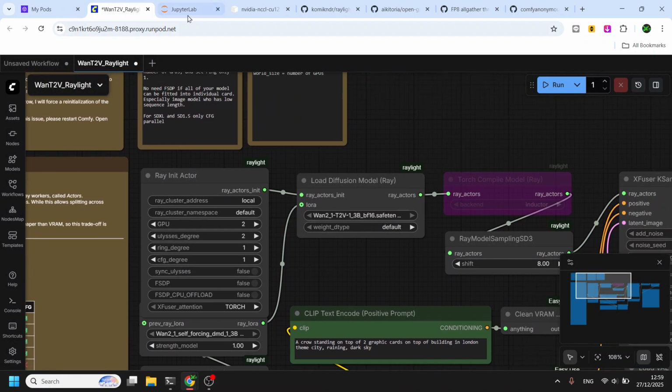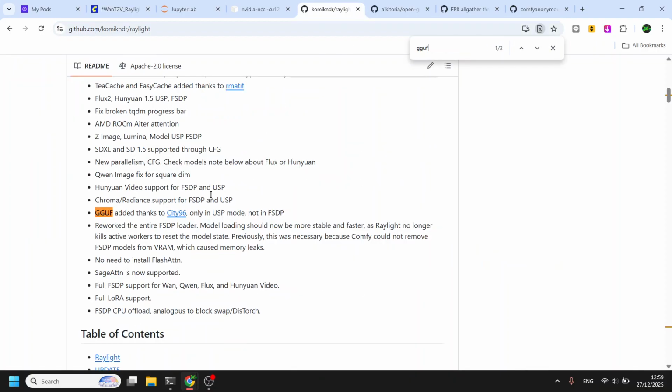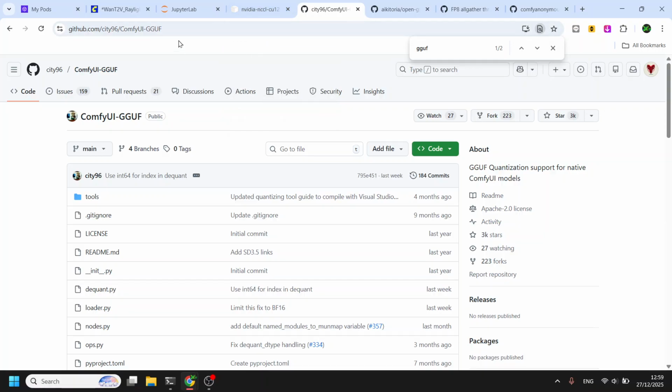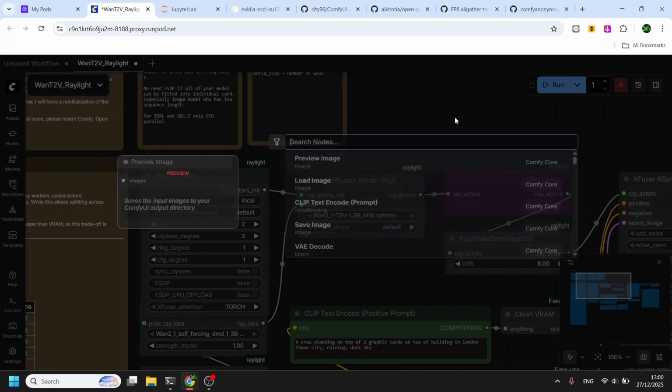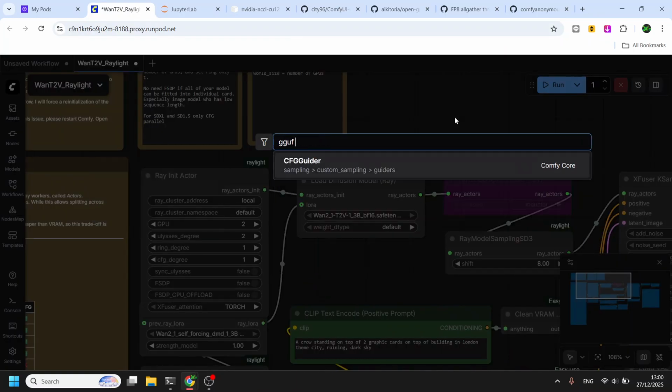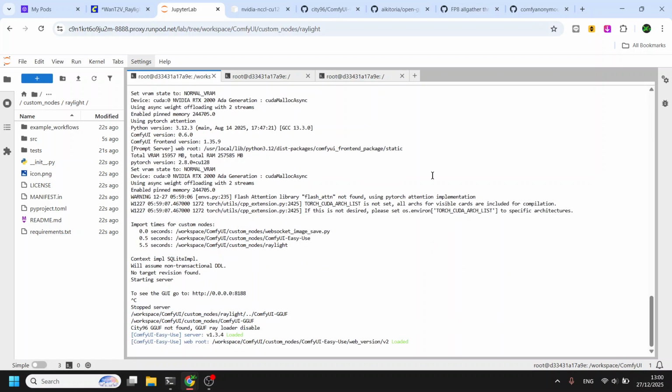Now, Raylight also supports GGUF models, but it only works if you already downloaded the ComfyUI-GGUF node. If you haven't, we are going to install it. See, there is no GGUF loader. Okay, let's install this. Let's shut down Comfy again.